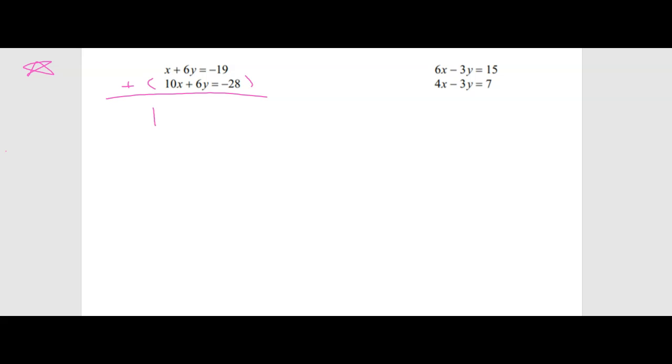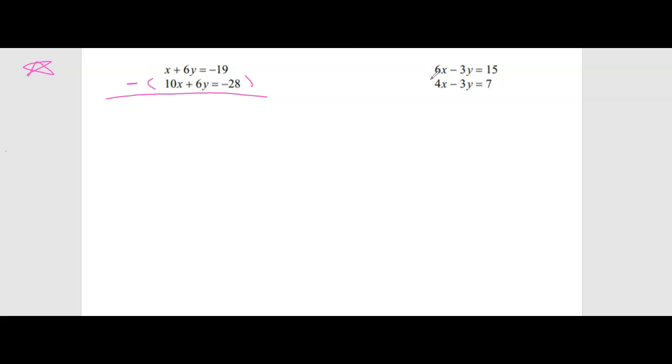x plus 10x is 11x, 6y plus 6y gives me 12y, and negative 19 minus 28 gives me negative 47. Well, let's not forget the y. Well, this really hasn't helped because now I'm still left with 2 variables, and I need just 1 variable for me to solve. So adding the equations didn't work. But had I subtracted the equations instead,